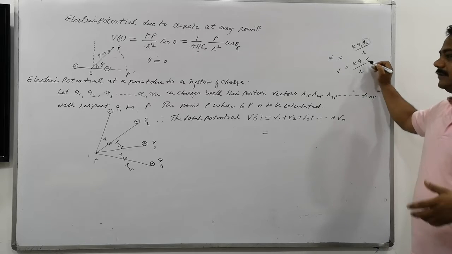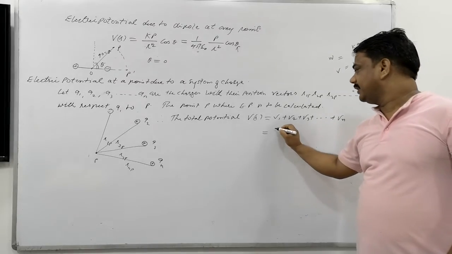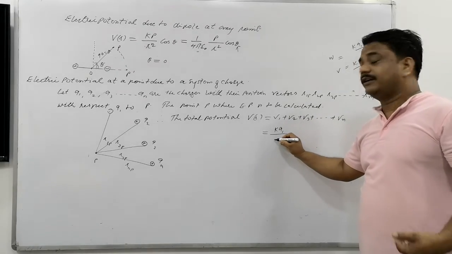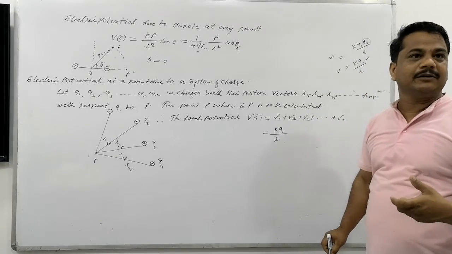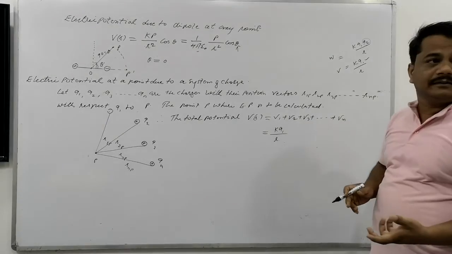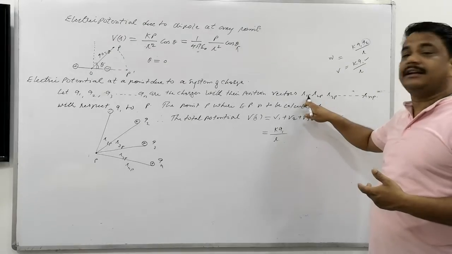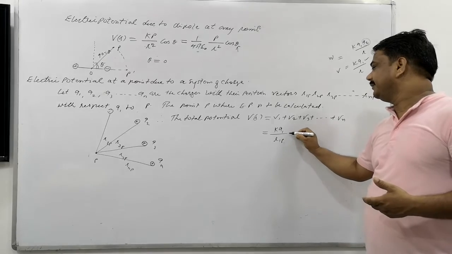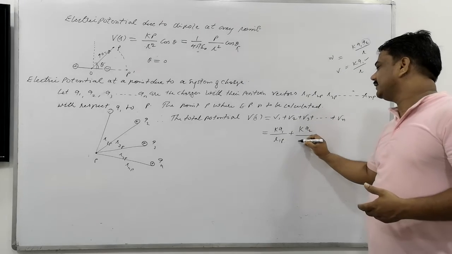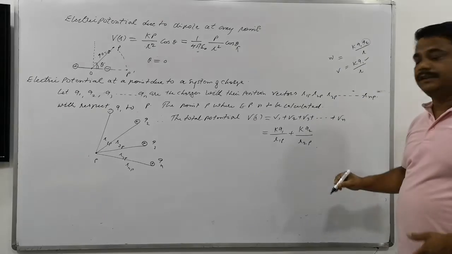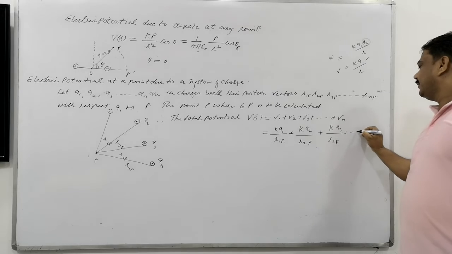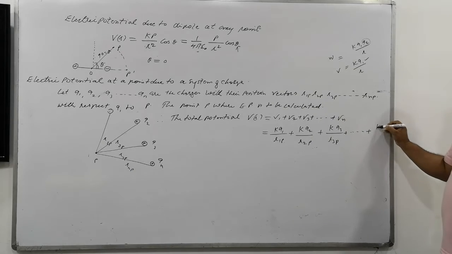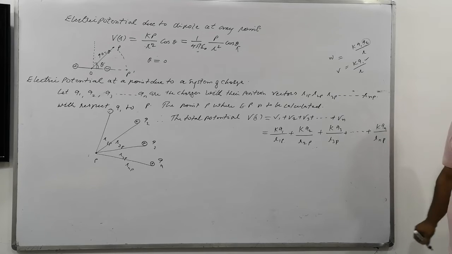Right now this is the source charge. So the potential due to one charge is there. Here we will write K Q1 divided by the position vector of P with respect to 1, so we will write r1P. Okay, position vector, is that clear or not right now? So we will write 1P, plus K Q2 divided by r2P, and further K Q3 divided by r3P, and so on, to the last, K Qn divided by rnP. Clear or not?